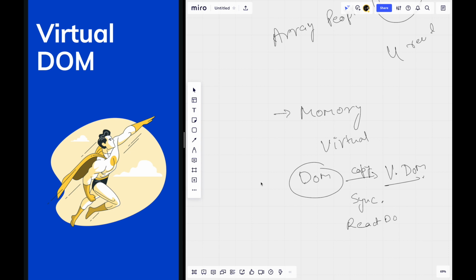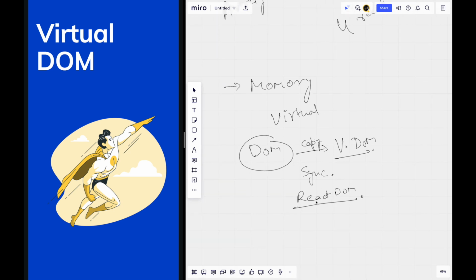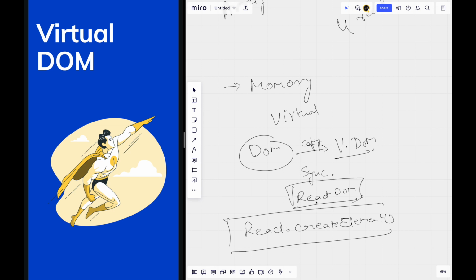You must have seen this library if you have ever created a React application. We use React DOM. So there are elements in React. If you have used React, you must have seen React.createElement, right? It looks like this, React.createElement. So whenever we create an element, that element is put in the DOM tree and it is synchronized with the DOM using the React DOM library. So this happens inside React.